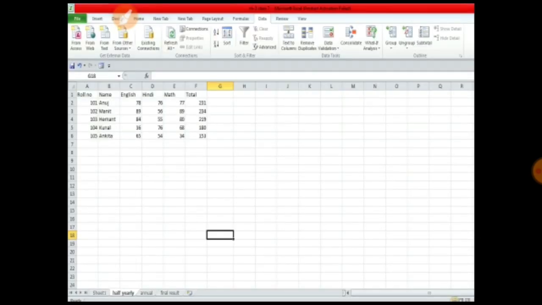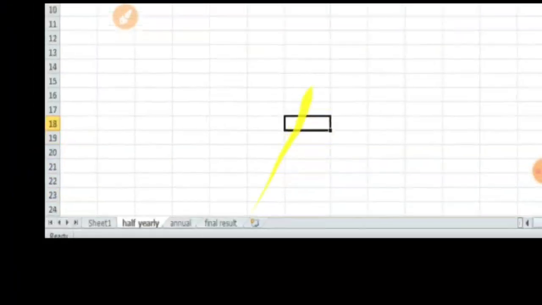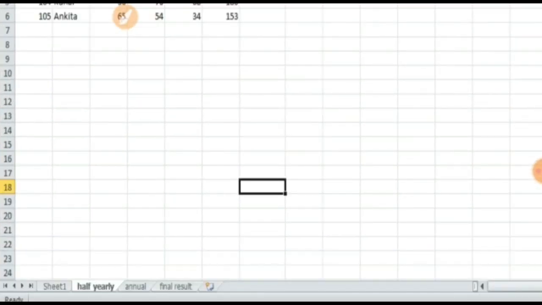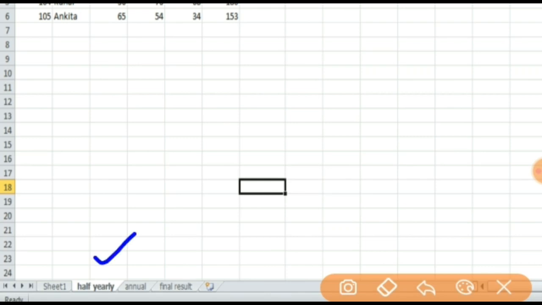Now come to the next topic, that is consolidating data. Consolidating means to add different sheets into a single group, or you can say the grouping of a number of sheets, right? Again you have to maintain a database, but please check here, we are having the sheets Half Yearly and then Annual.